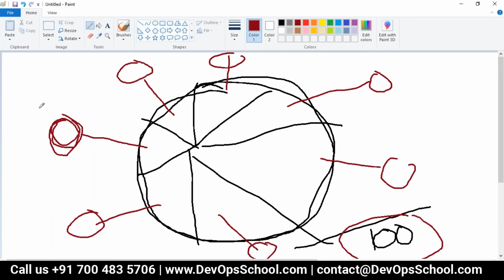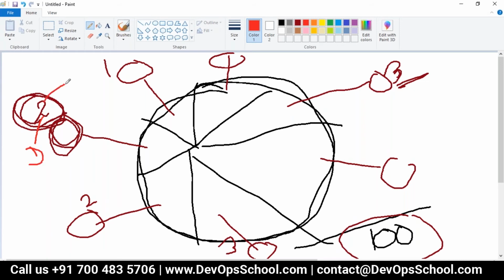So how many people do you need? A 2-person team. A 1-person team. Yes, it's possible. 2 people, 3 people. See the size here. Now you tell me, do you really need to send an email between 2 people or 3 people? Do you really need to have specific dedicated meetings? No. You are saving so much time. These 2 people will now do the development, testing, planning, and operations, all things together.